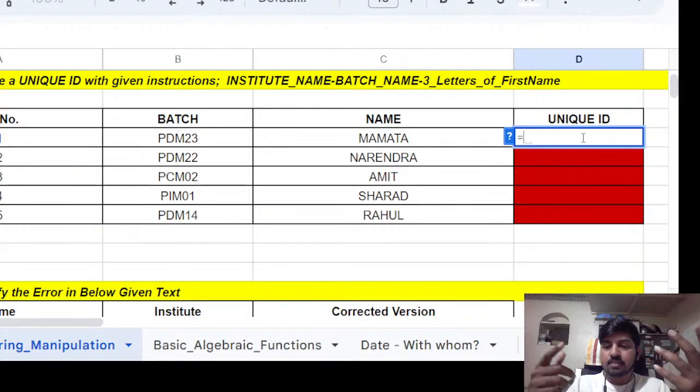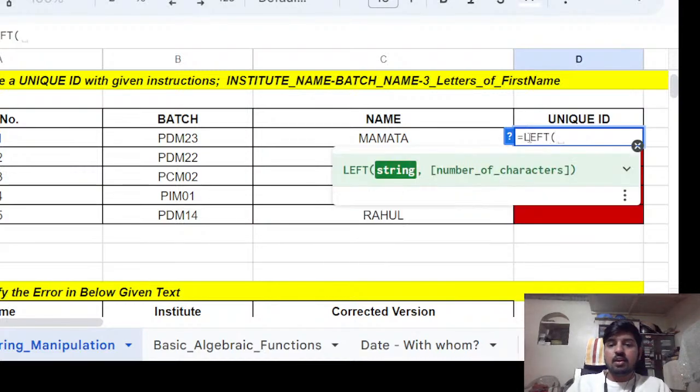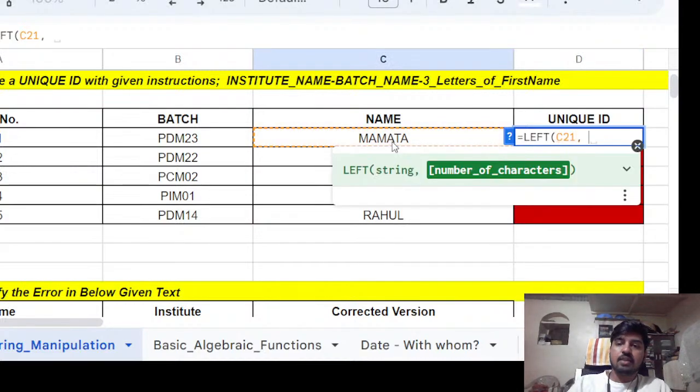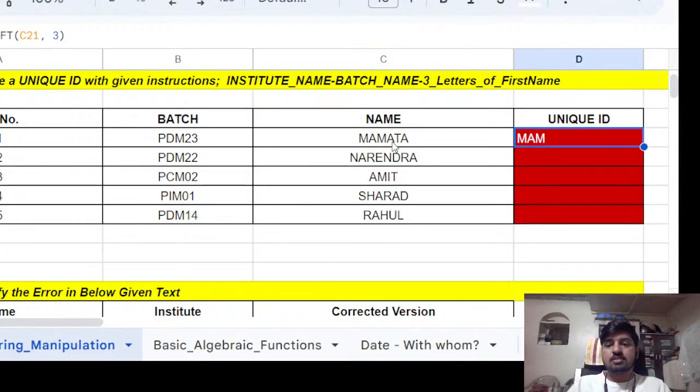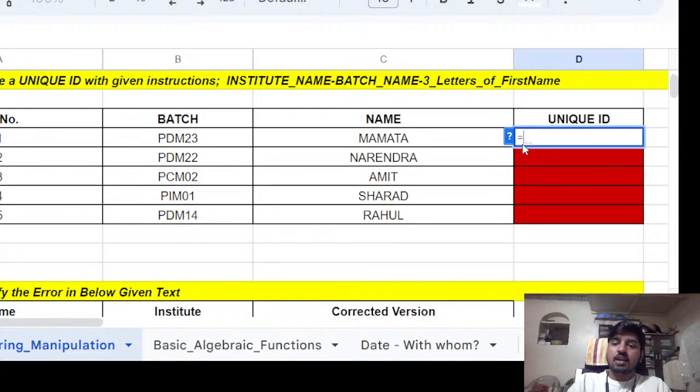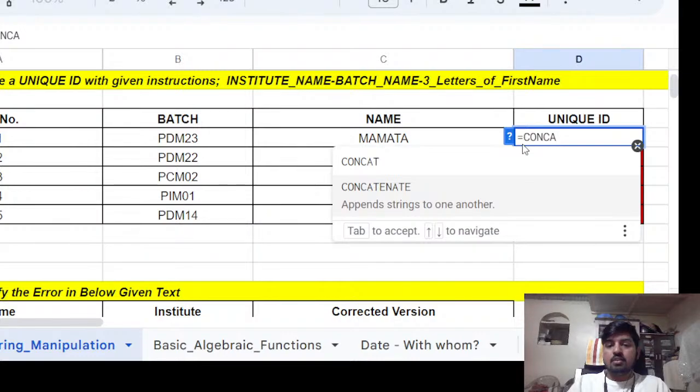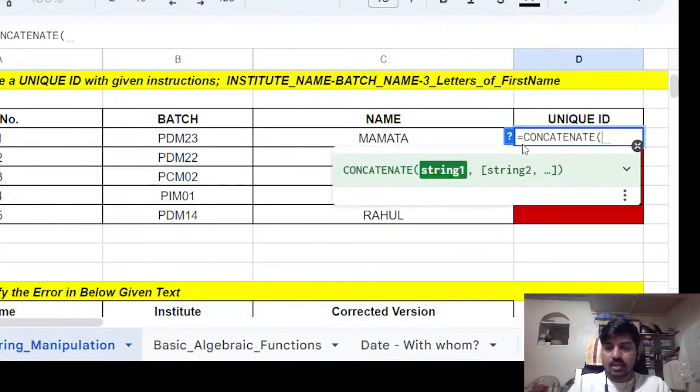Please try to imagine that we are giving Mamta to the left function and telling it to extract, so the second argument, three characters. So the function is left, the string is Mamta, and the number of characters is 3, and if we close that, we'll get the first three characters of Mamta. Now we need to use this function inside our function called concatenate, and I will just demonstrate to you how to do that. Is equal to concatenate. You can just select that function and press tab, so it will select for you. No need to write. So first our parameter is TDA,